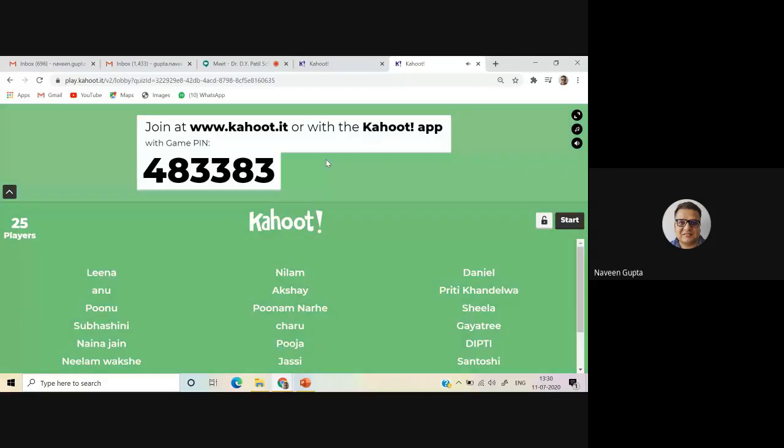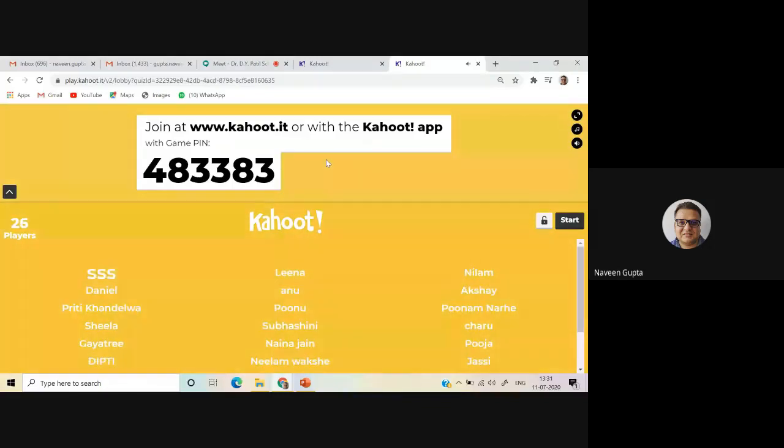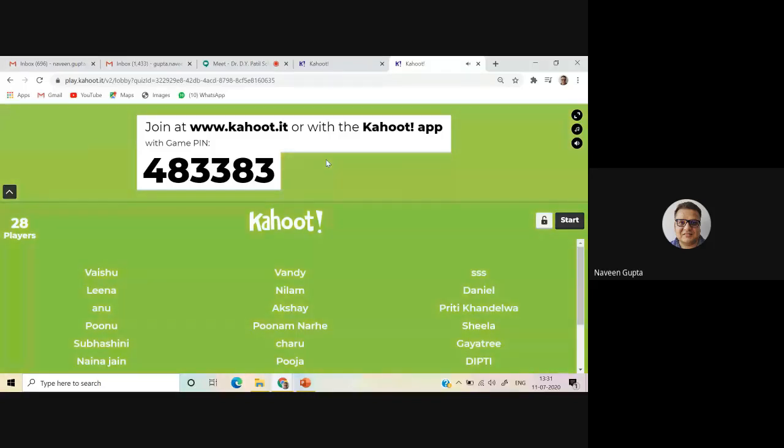Reena ma'am. Those who are using two devices, it will be easy for them, because normally when we are using these kinds of concepts, we just send the question to the student and the student can see everything. Now you will see 4 pictures. Somebody, even after instructions, has entered as SSS. Now how to play? Once I say start, I'll read the question on my screen.